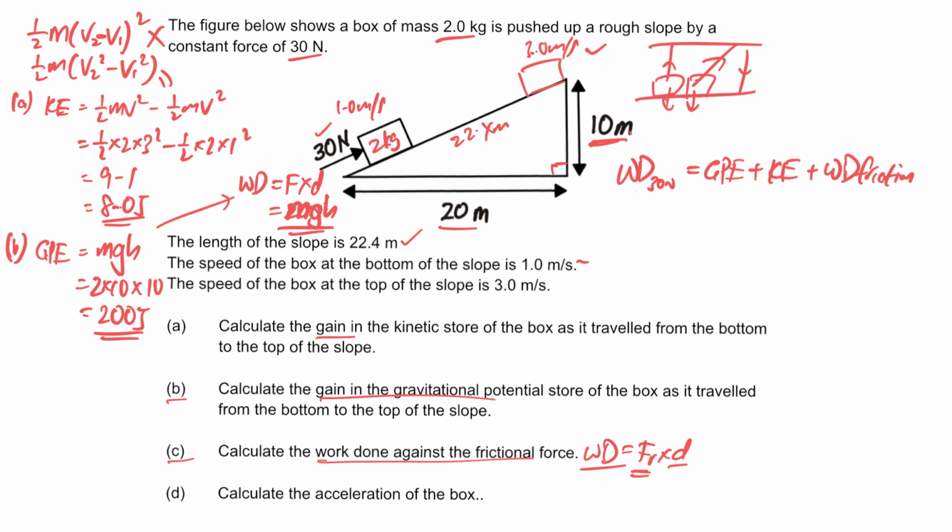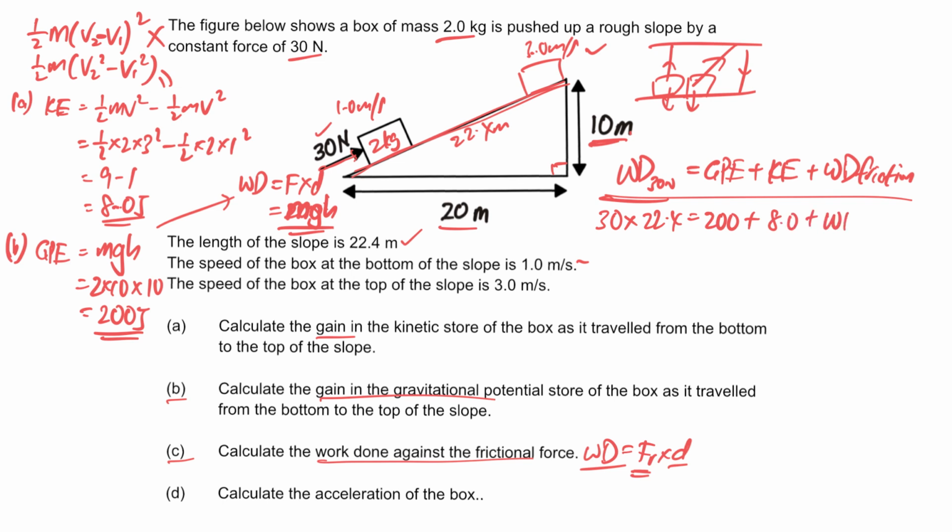So if you understand this equation, the conservation of energy, then you can safely put in the values. First of all, what's the work done by the pushing force of 30? It will be force times distance. The force is a constant 30 Newton, and for the distance, always choose the distance that is in the direction of the force, in other words parallel to the 30 Newton, so that will be your 22.4. Next, that will be your GPE, which you have found as 200, plus your gain in the KE, which is your 8.0, and